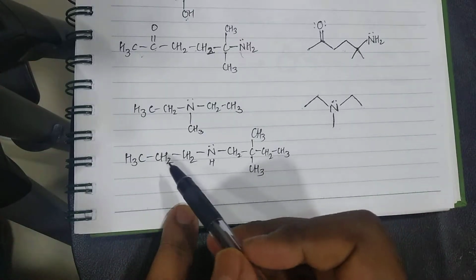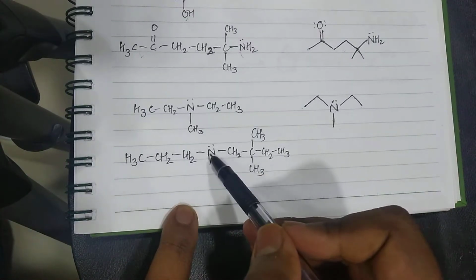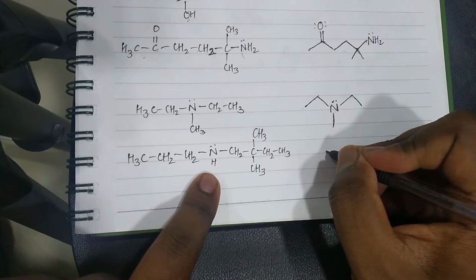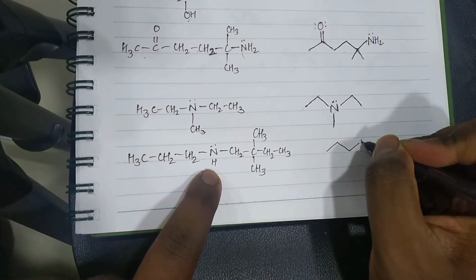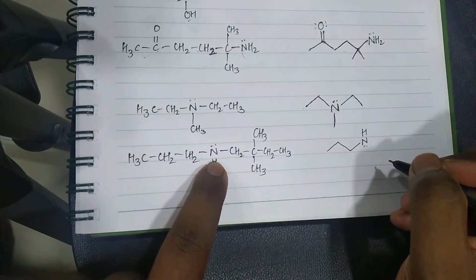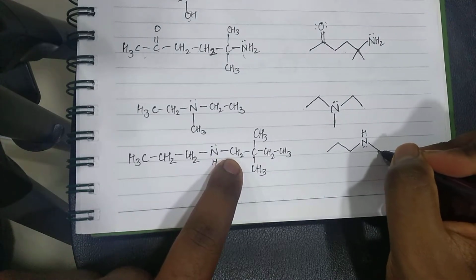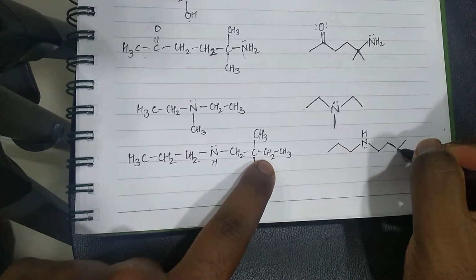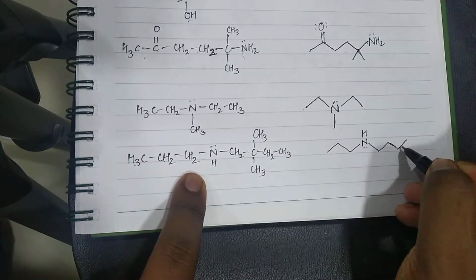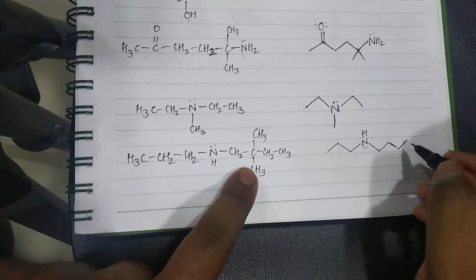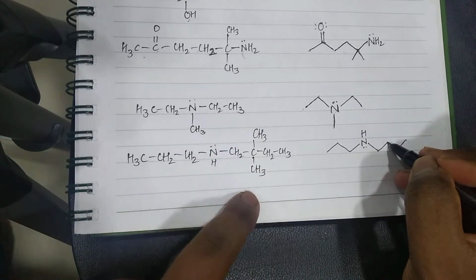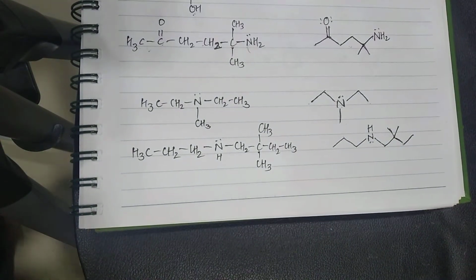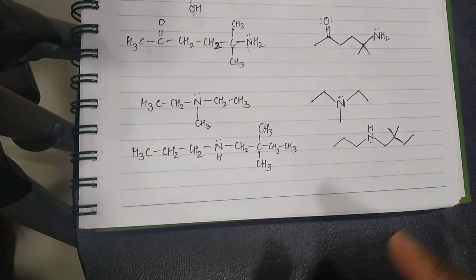Again here, same story. Let's take the horizontal line: 1, 2, 3, 4, 5, 6, 7, 8. 8 atoms. The first 3 are carbon, so 1, 2, 3. The fourth one is nitrogen, so I'll write nitrogen here and hydrogen like this. Then I'll continue with the next line, CH2. Then I have C, then CH2, then CH3. Let's count: 1, 2, 3, 4, 5, 6, 7, 8. Now from the right, the third carbon has got 2 CH3 groups, so I'll put those 2 antennas. So here we come to the end of the skeletal structure drawing. I hope those things are clear.